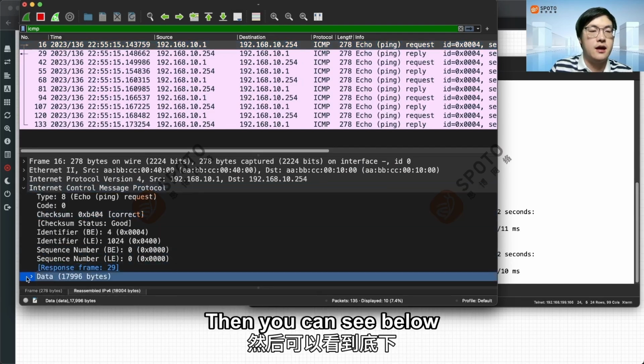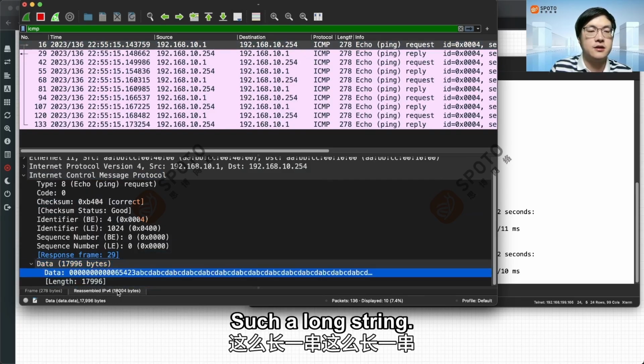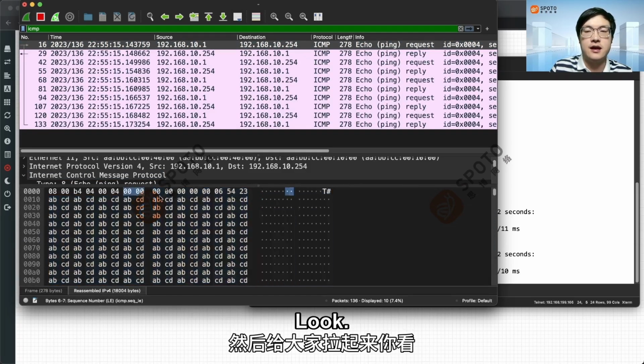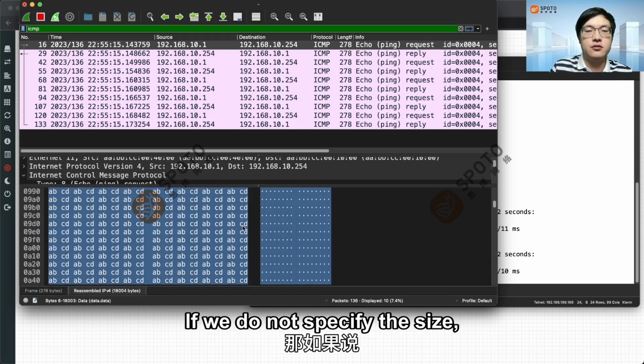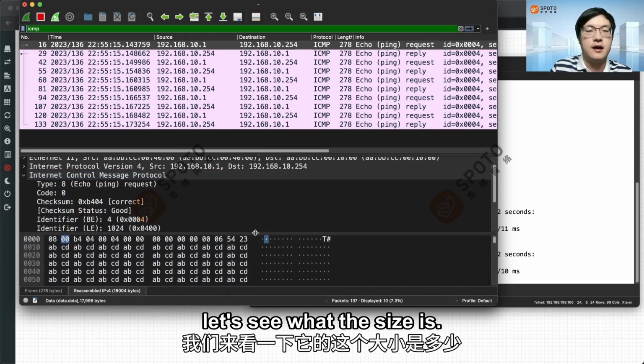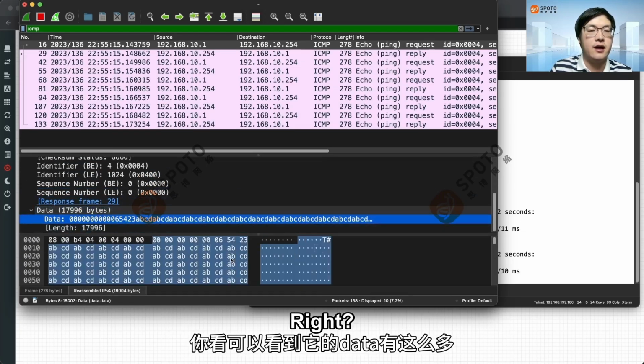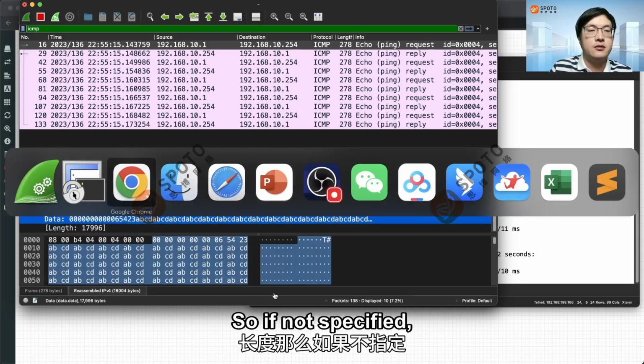Then you can see below this data, such a long string. Let me pull it up. Look, there is so much, right? If we do not specify the size, let's see what the size is. Look, you can see its data is this much. Length. So if not specified,